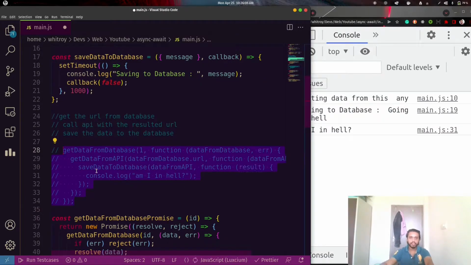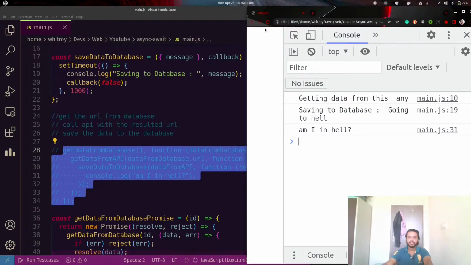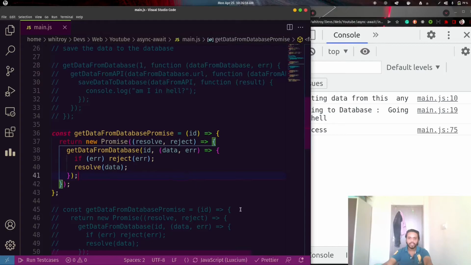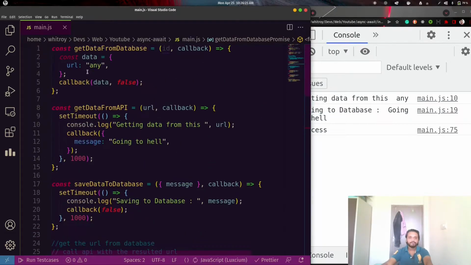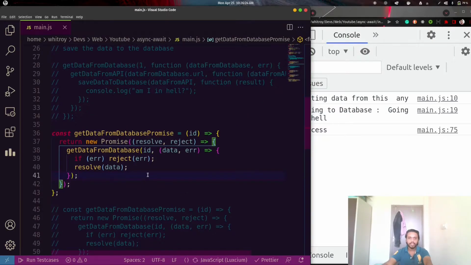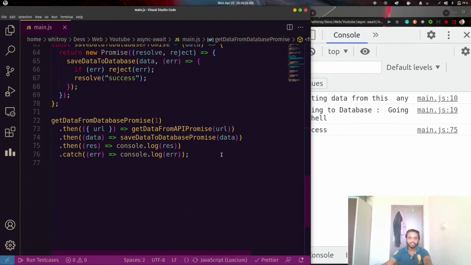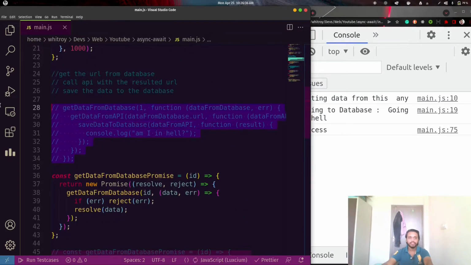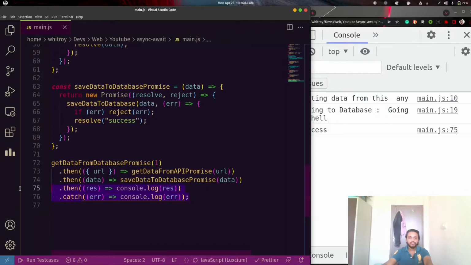First let me uncomment this and check that it gives the same result as expected. So we have converted our callbacks into promises, and you can see it is very easy to write and self-explanatory about what this function is going to do, which makes it easier for developers to read also.